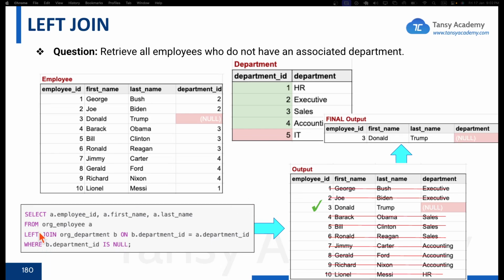Again, look at here, from, left join, inner join, everything on top, and then where, group by is coming next, having will come next. Okay,